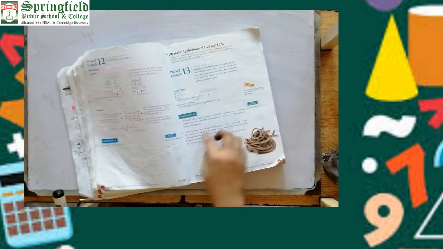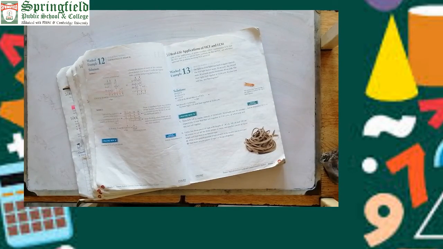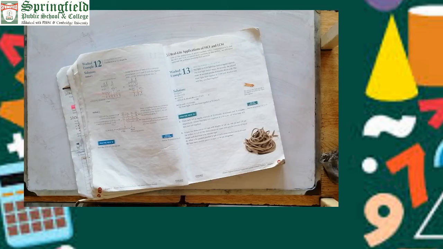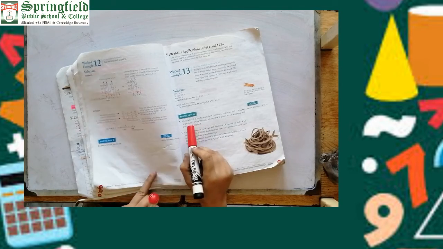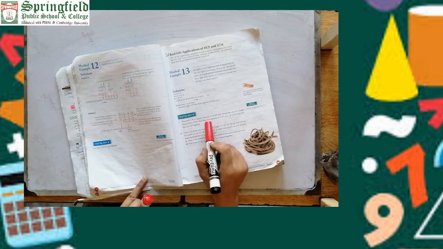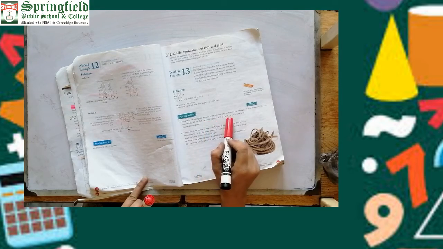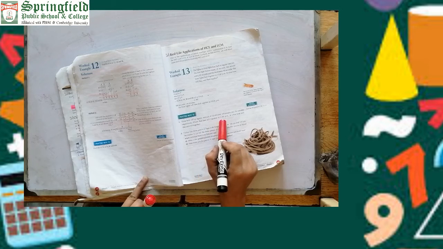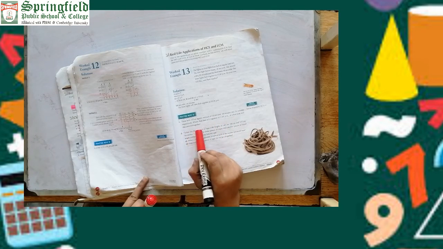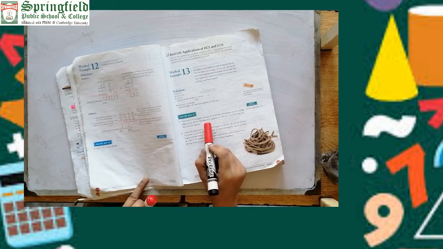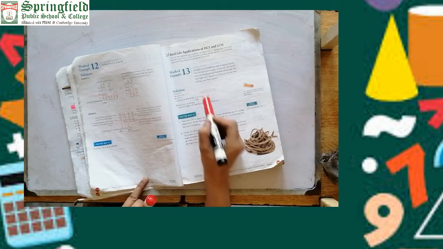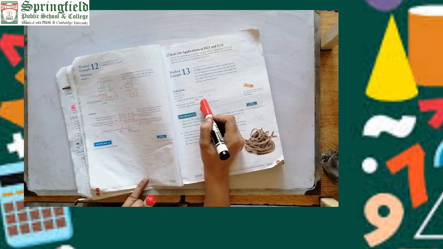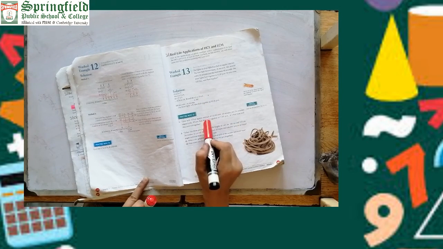Okay, now come on the practice now questions. Practice now 13, question number 1. Three bells toll at regular intervals of 15 minutes, 6 minutes and 36 minutes respectively. Given that they toll together at 2 p.m., at what time will they next toll together? It means this question is the same as example number 13. So example number 13 has been done. So do this question, it's your task in your notebook.